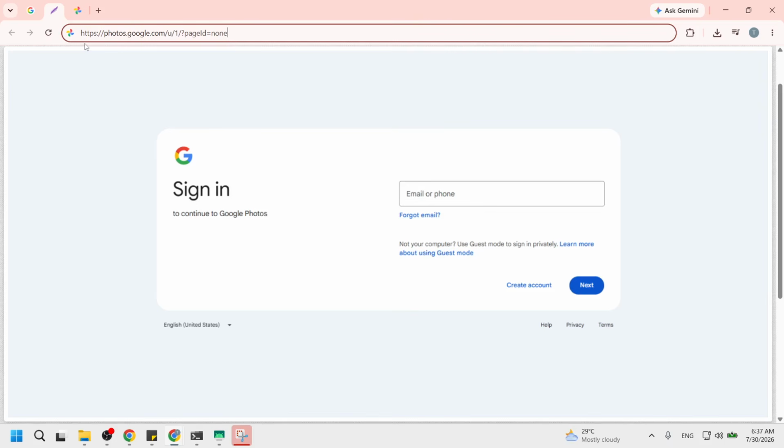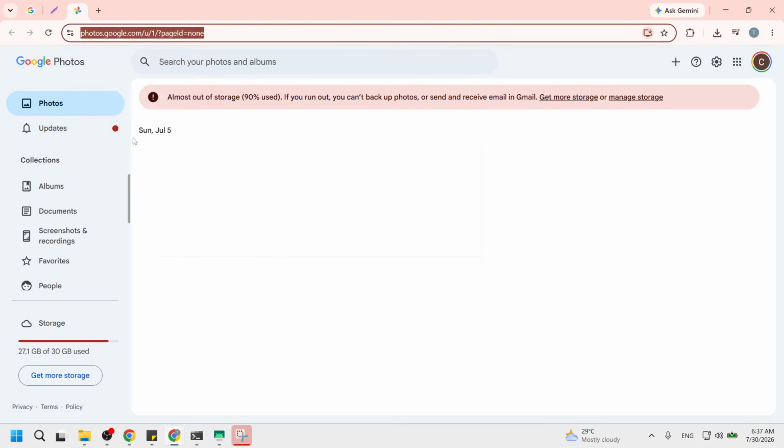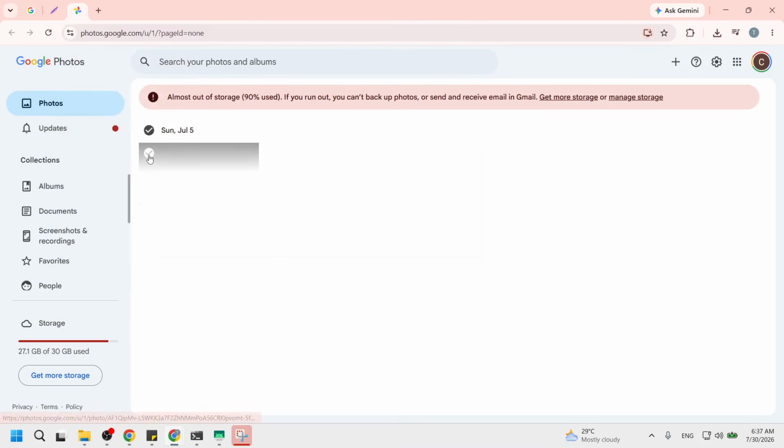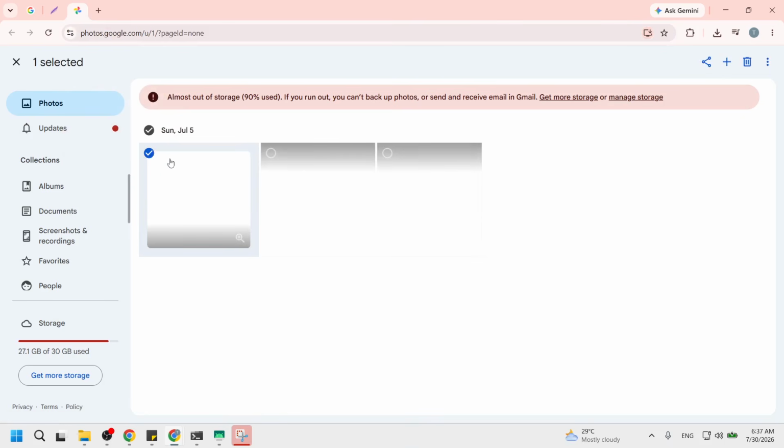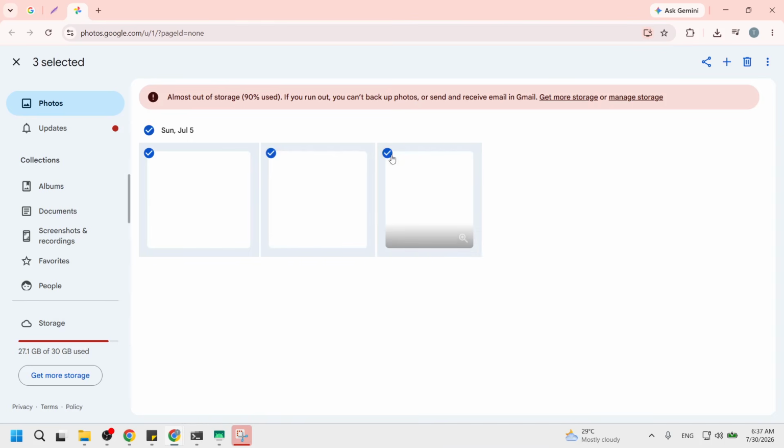date. Now hover over the photos you want and click the checkmark icon in the top left corner of each image to select them. When you move your mouse over a photo, a faint gray circle appears in that corner. Click it and you will see a solid blue checkmark. The background of that photo will get a light highlight and a small counter appears at the top left of the page, showing how many items you have selected so far. You can scroll and keep clicking checkmarks on any other photos you want to include in the same download.